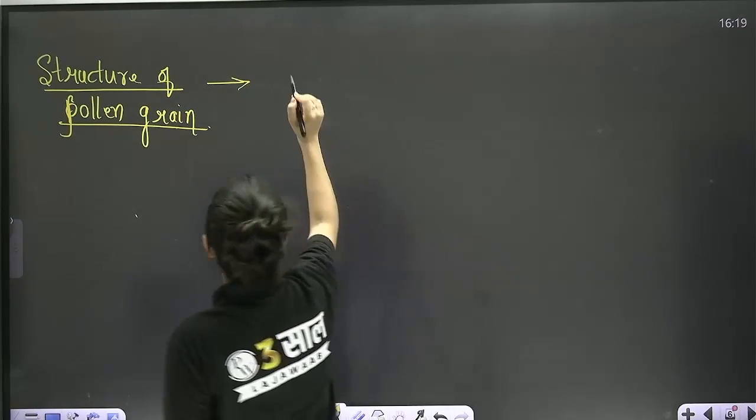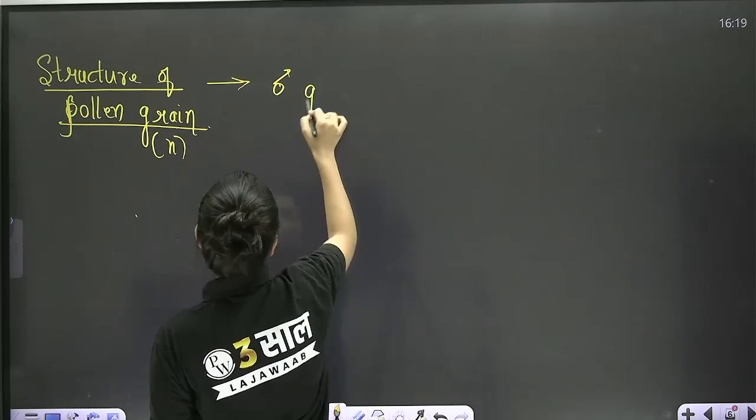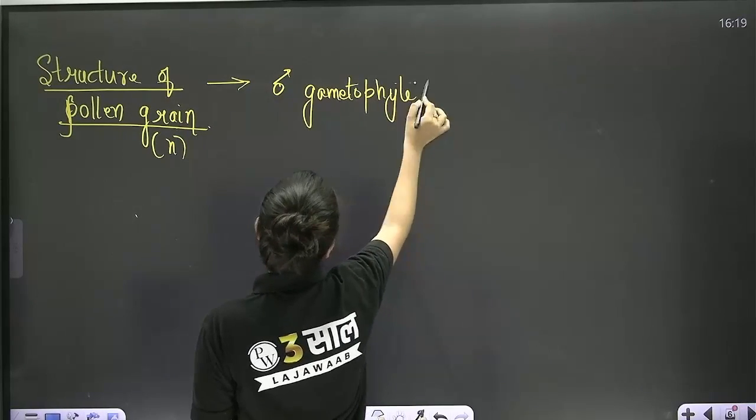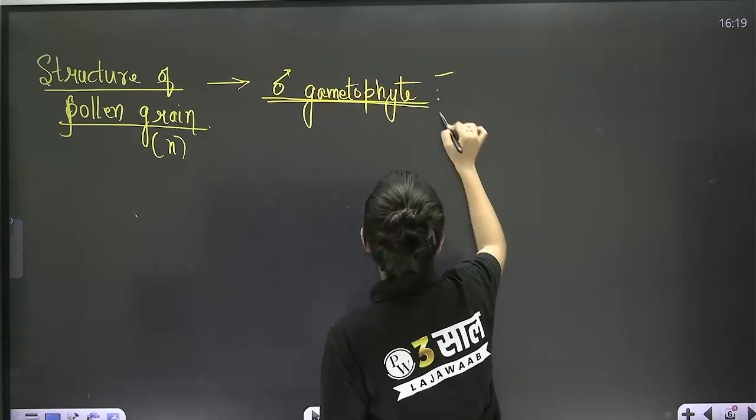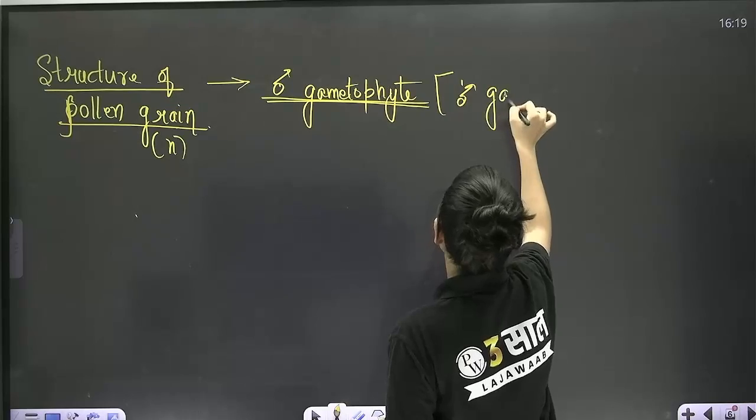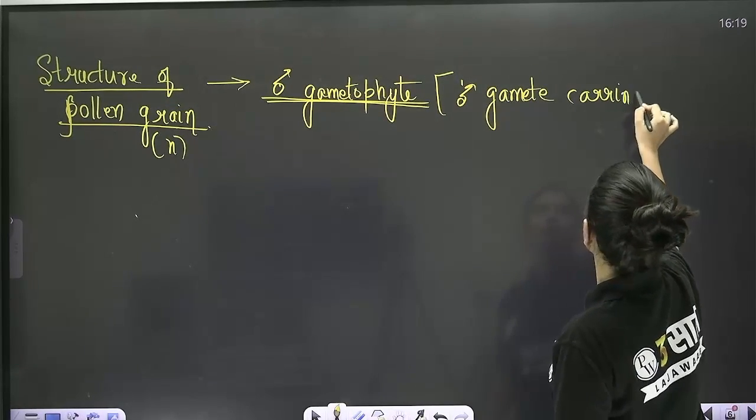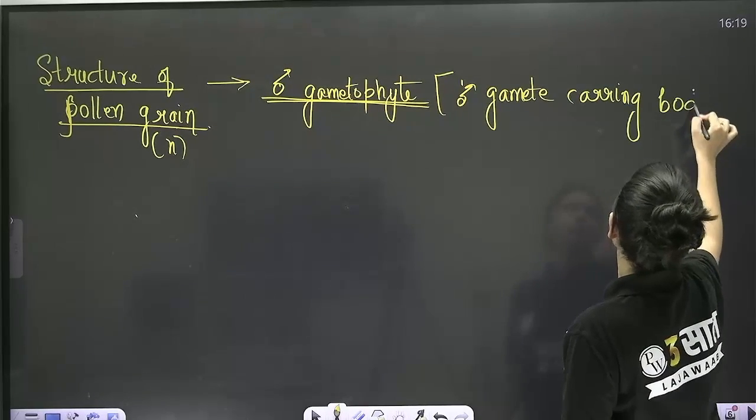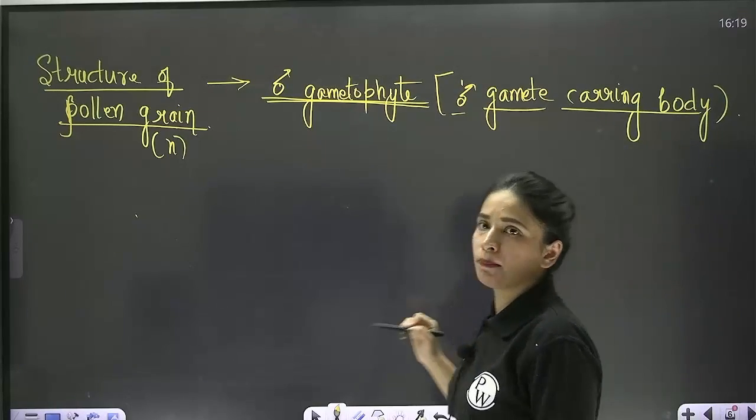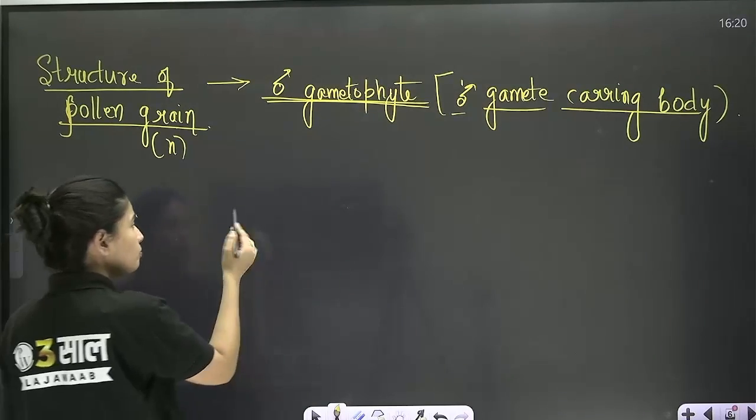First, you should know pollen grain is a haploid cell, also called as male gametophyte. Why? Because it is a male gamete carrying body. Correct? Now, structurally, beta, if I have to draw the structure of pollen grain, which is very important for you,